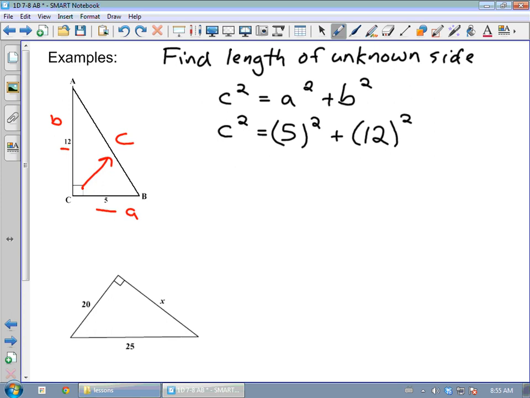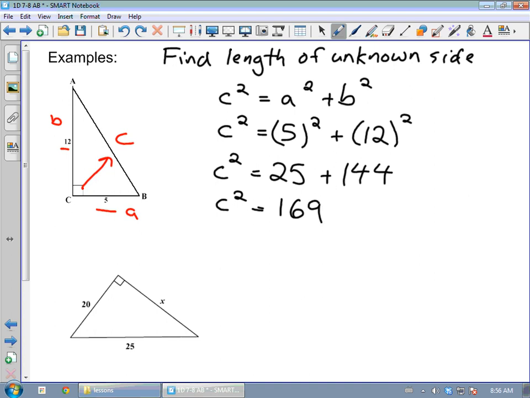From here, we evaluate using order of operations. We would do brackets first. We don't have any brackets, so then we evaluate our exponents. We've got 5 squared and 12 squared. 5 squared is 25, and 12 squared is 144. So C squared is 25 plus 144. We don't have any multiplication or division, so next we've got addition. We want to add 25 and 144. So C squared is going to be